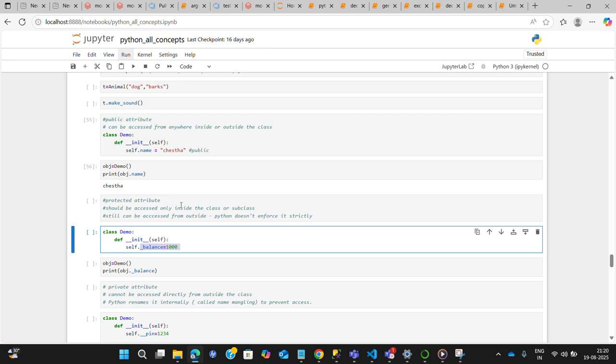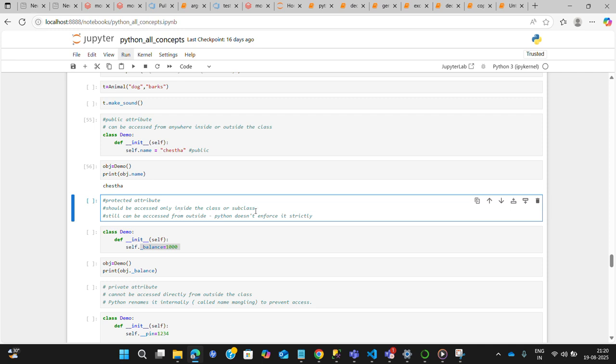It can still be accessed from outside, since Python does not enforce this directly. It is accessible inside the class or subclass.